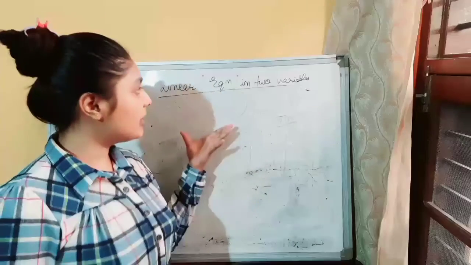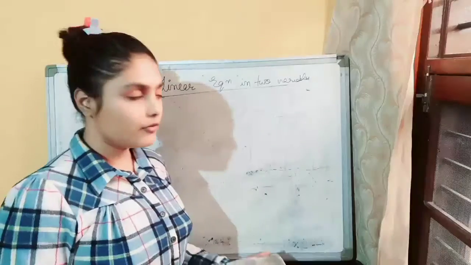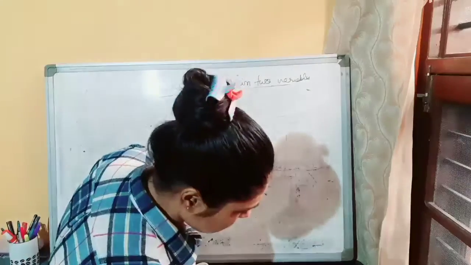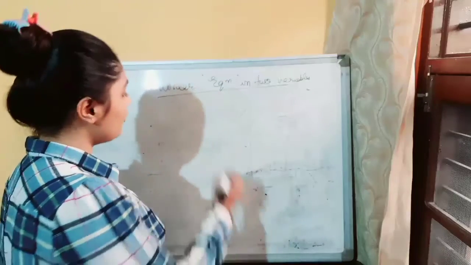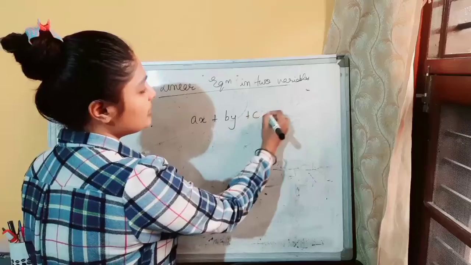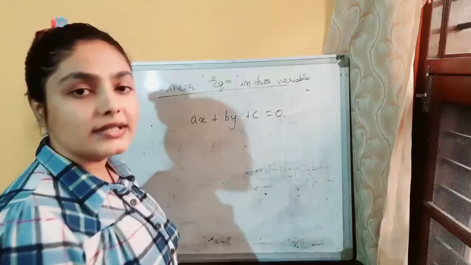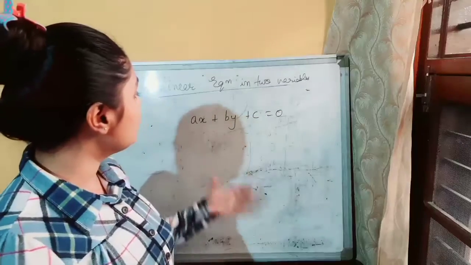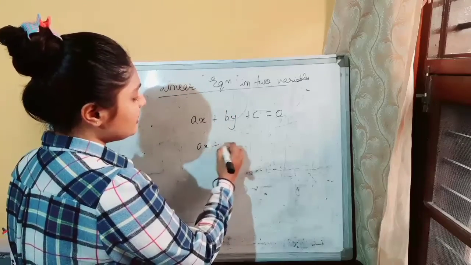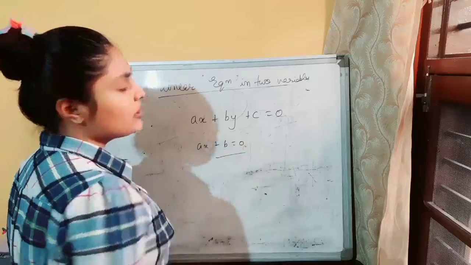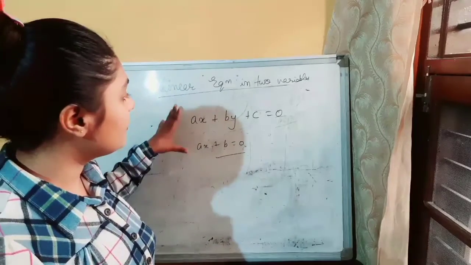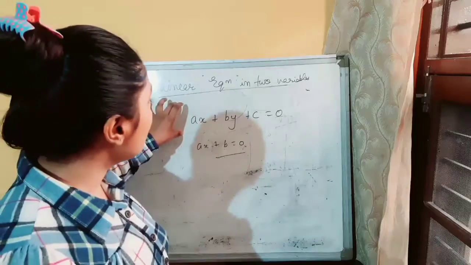First I want to express it in the form of an equation, then in the form of a definition, that what it means. So we can write it in the form ax plus by plus c is equal to 0. So what is the change? The previous equation is ax plus b is equal to 0. So we can clearly find the difference between the two equations.